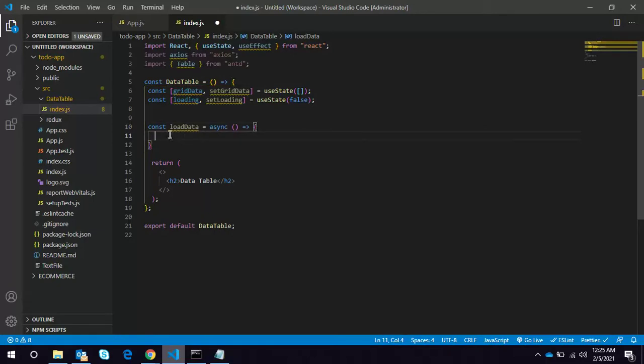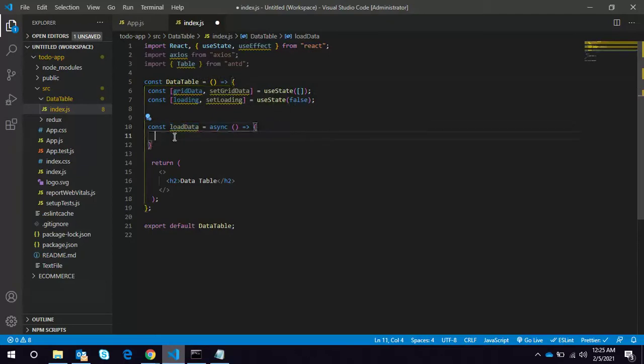I'm not writing the entire function inside useEffect because I need to use this loadData when we are clearing the field and in some other areas. So we might need to use it more than once.